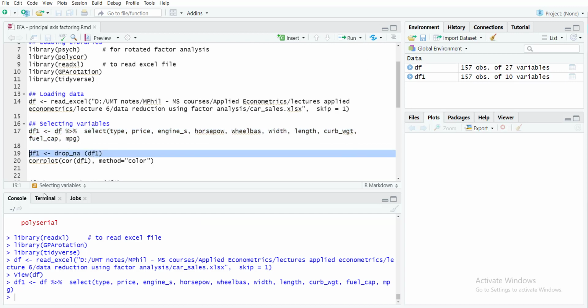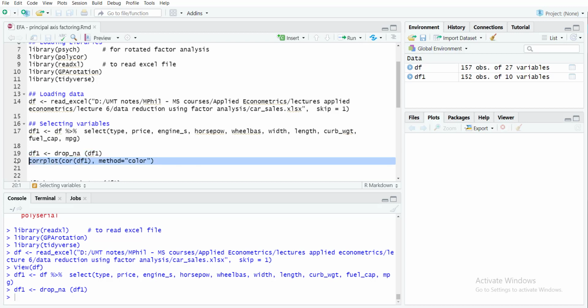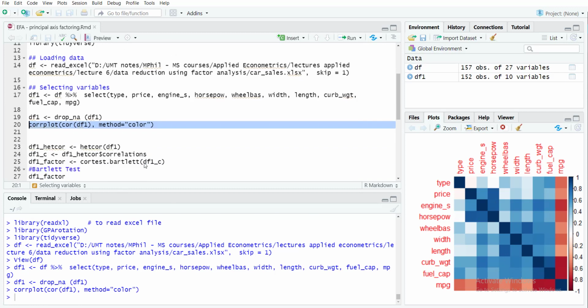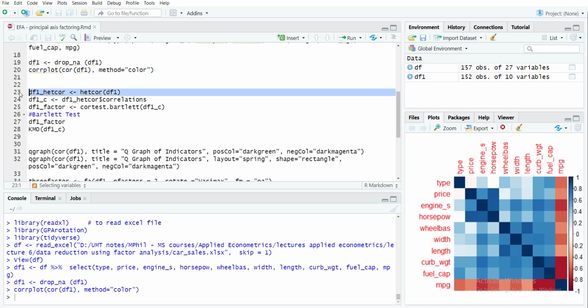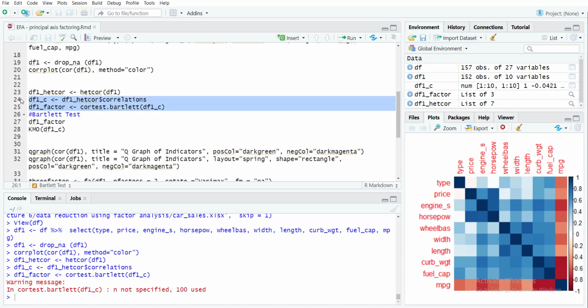Then I will remove the missing values, and then we'll make a corr plot to see if there is high correlation. So you can see there is high correlation here in the red, and the dark blue ones, here there is high correlation. Then there is another graph that can help you make the correlation tests. Let's see if the graph is coming. So okay, it will be used later on.